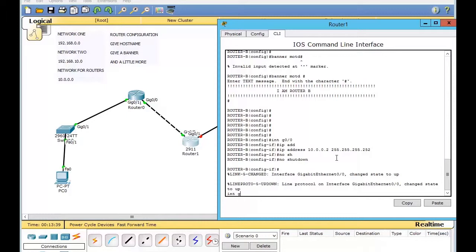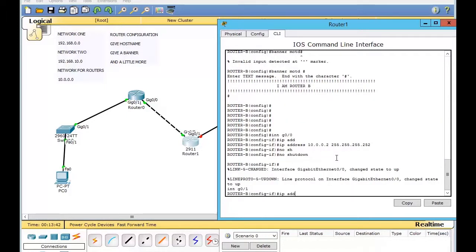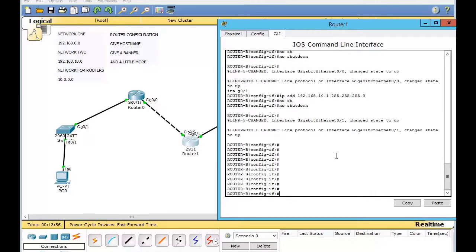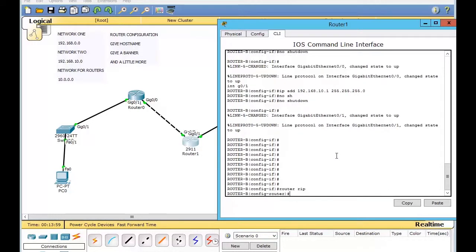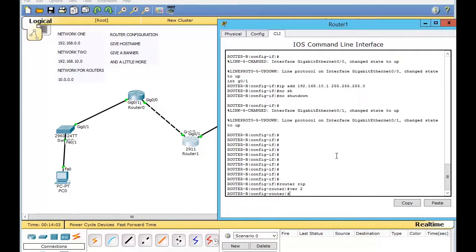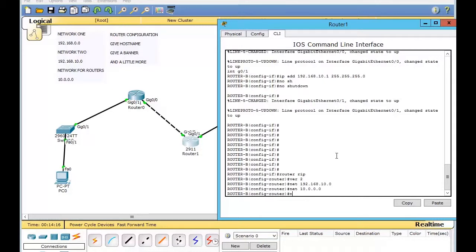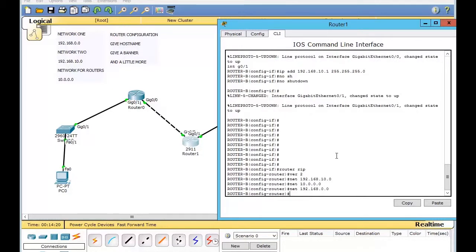Now let's go into this other interface, and we're going to add this IP address, and same mask on this one as well. And then do the no shutdown command. There we go. Now let's add that router rip. And we do the version, and we're going to do the networks. There we go. So those are all done right like that. Let's see here, and then we can just